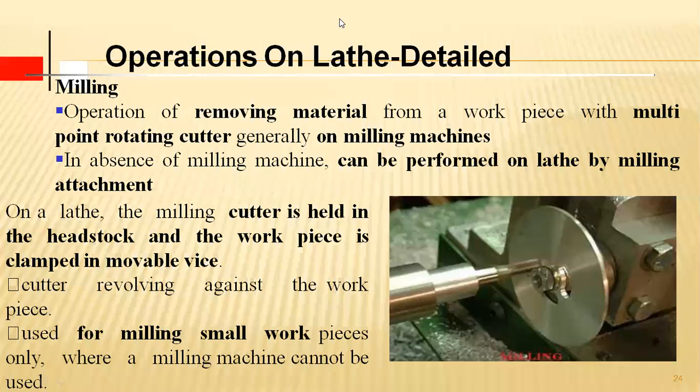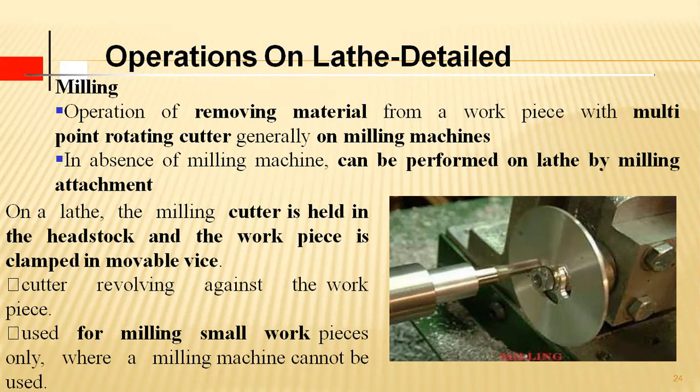Milling kinds of activities can also be performed over here, wherever a milling machine is not available. But one thing we have to verify is that the dimensional accuracies achieved directly in the milling machine will not be achieved in this lathe machine while performing the milling operations over the lathe,